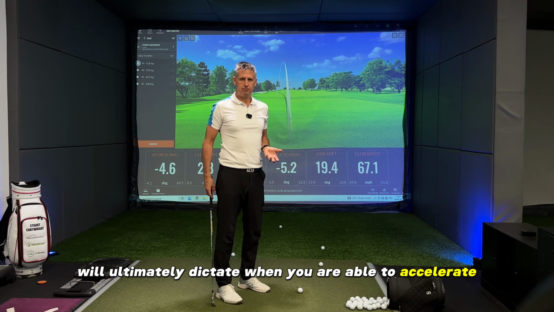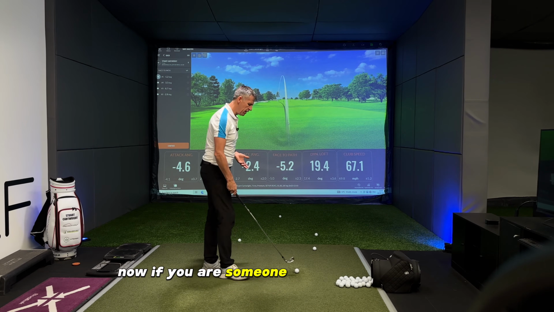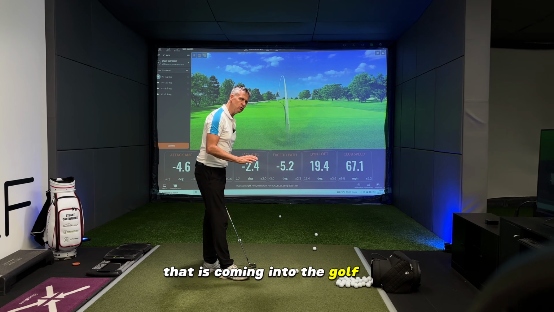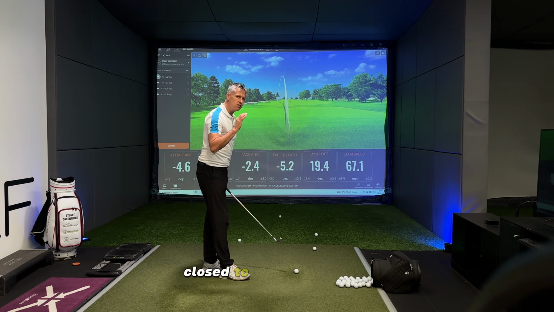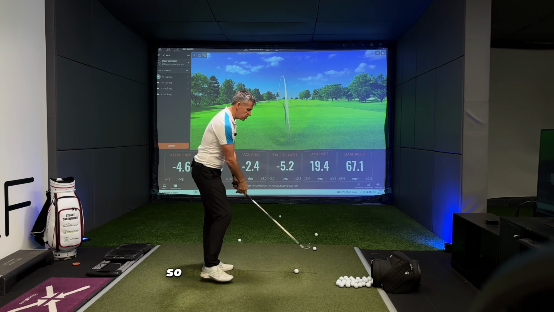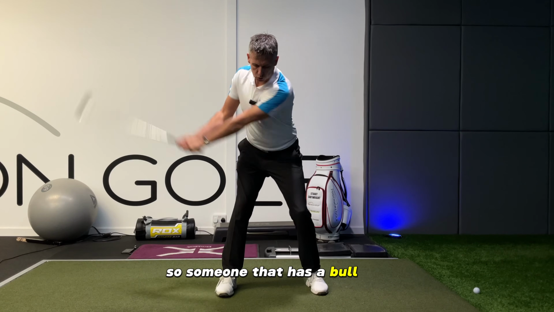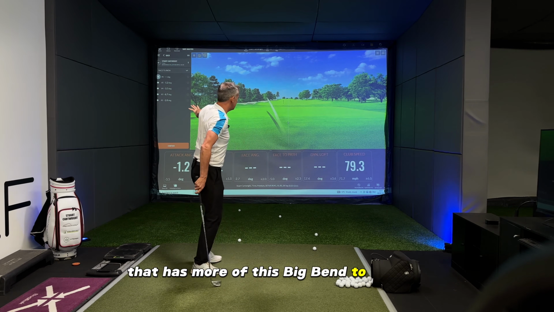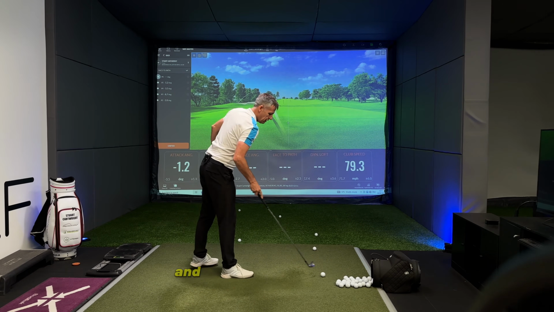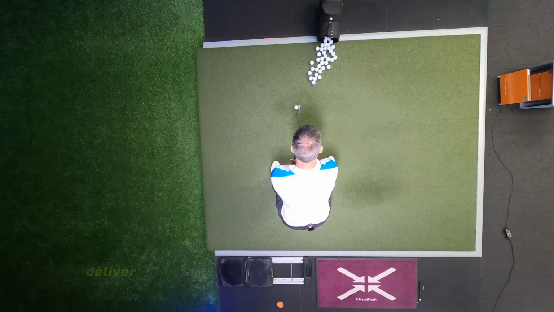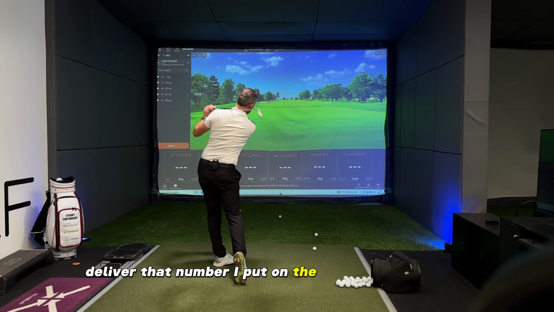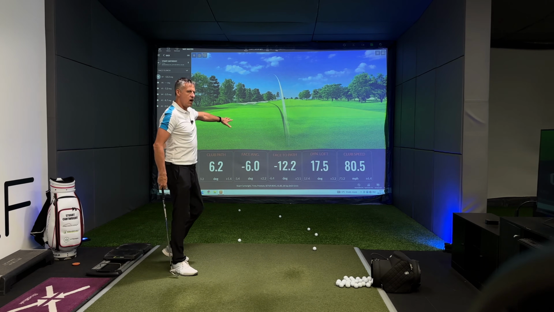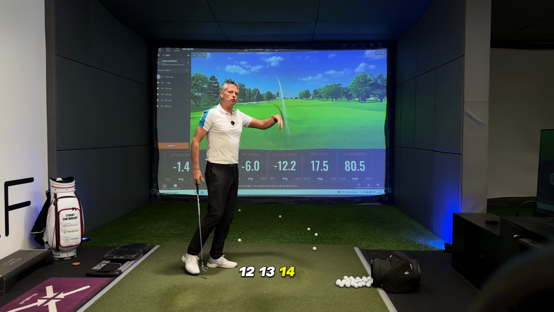to accelerate. Now, if you are someone that has a club face that is coming into the golf ball closed to the face to path, so someone that has a ball line that has more of this big bend to the left, and let me get TrackMan to deliver that number. I'll put it on the screen there for you. When you see a face to path value 12, 13, 14, 15,